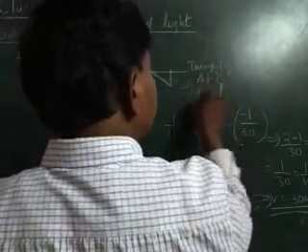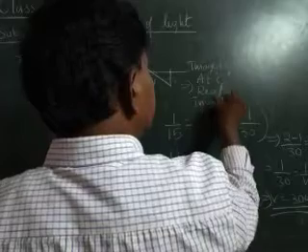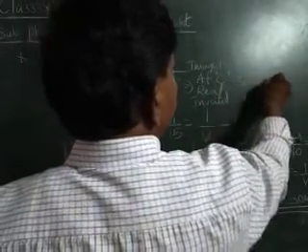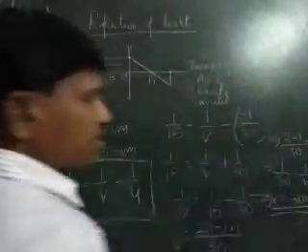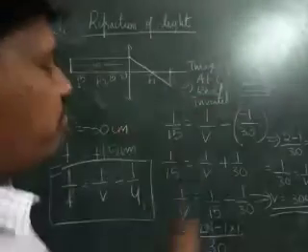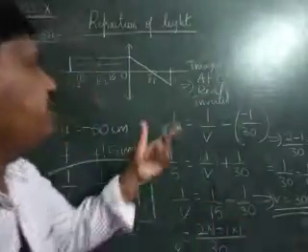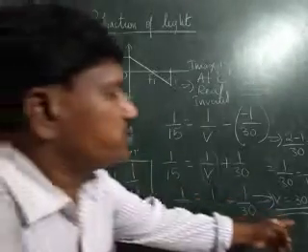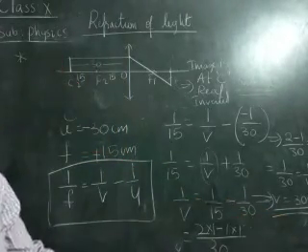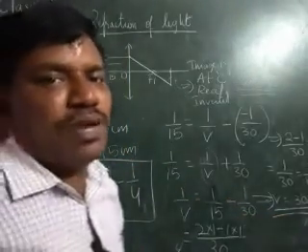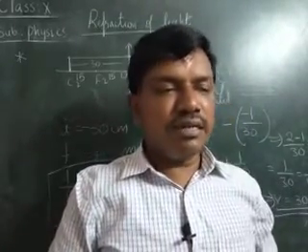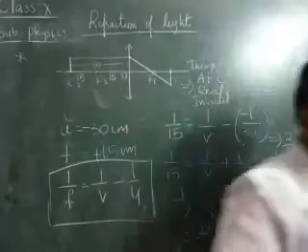Real, inverted, same size. The size of the image is equal to the size of the object. Just by drawing the figure and by indicating these values, we are able to say. Here u is 30, children, v is also the same 30. Therefore, object size is equal to the image size. When object size is equal to the image size, what do we say? The object is on the center of curvature.